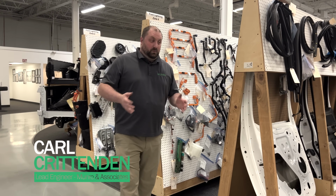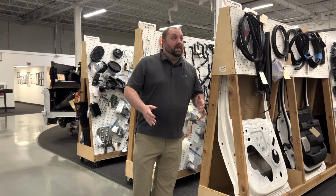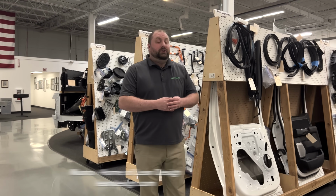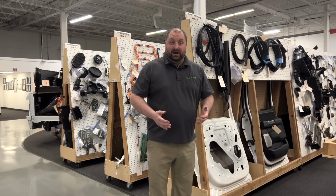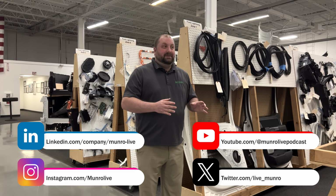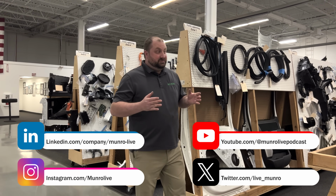And there's an open question. What do we actually do? Well, we do product benchmarking. Now that can be for vehicles, but there's many other products that we've also worked on. We do lean design. Now that is both for the actual product design, but also for the manufacturing process. How do we put together what we have designed? And the whole goal is to try and be as efficient as possible and to save as much money as